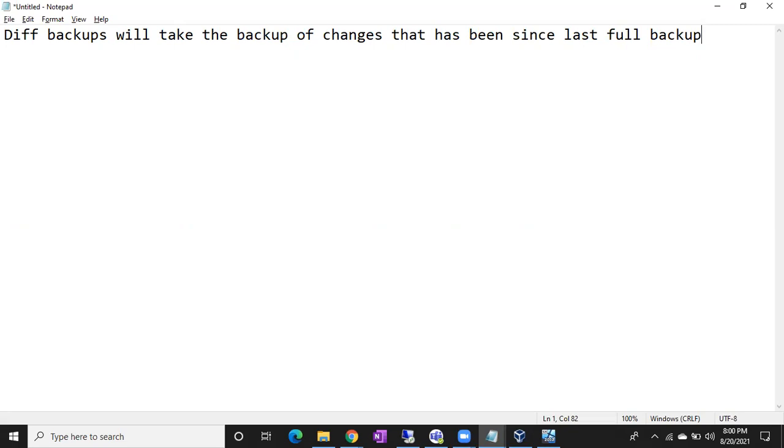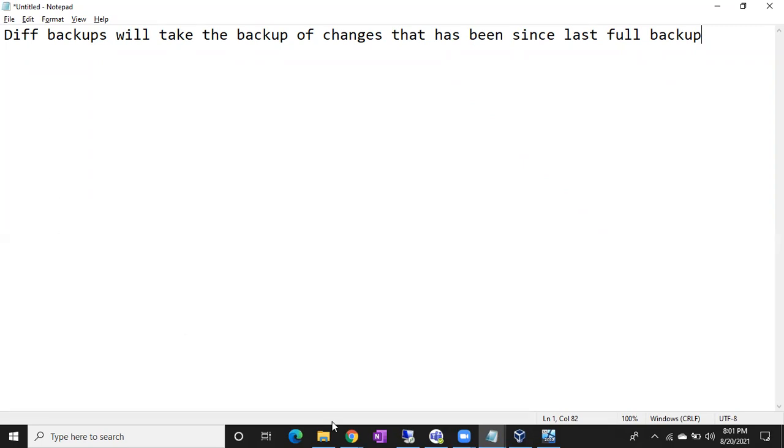Whenever you initiate a differential backup, every time it will take whatever changes are there since the last full backup. If there are no changes, it will take the backup successfully, but no changes will be there. But usually if you configure a differential backup, it will take the backup of the changes since the last full backup.